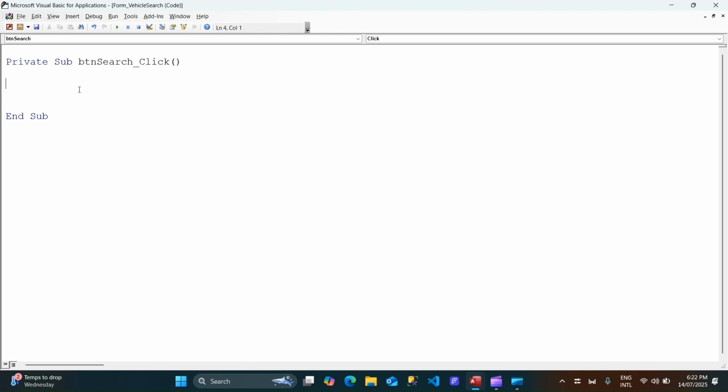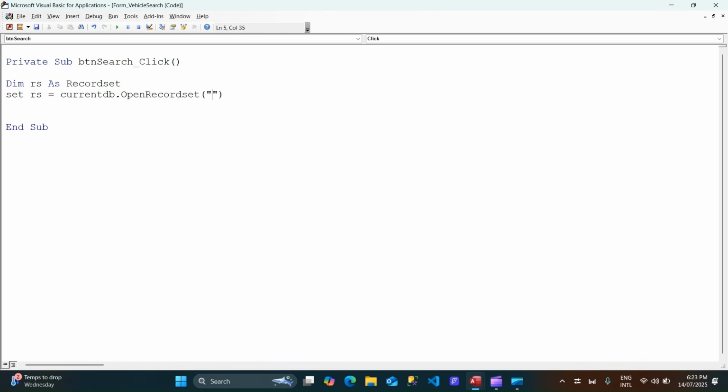Yep, that should do. All right. Now, the first thing I'm going to do is declare a variable and say Dim rs As Recordset. And now we'll say what rs equals. I will say Set rs = CurrentDb.OpenRecordset, parenthesis open, parenthesis close, but in between the parentheses, we will give some